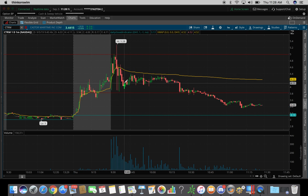And that was all she wrote on this thing. I left it alone right there. I was watching for this to have a squeeze, but it didn't happen. We watched this all the way out to here until it dumped and it didn't squeeze. So that was that. That's just a breakdown, quick